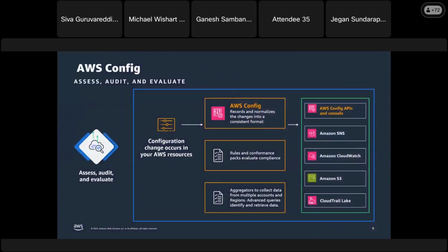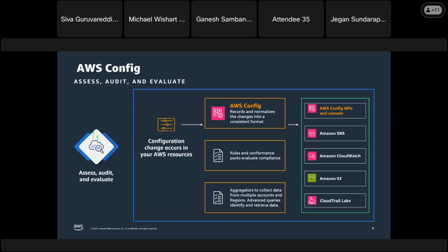AWS Config is a service that records changes in your environment and normalizes and records them in a consistent fashion. It runs in the background and records all AWS resources in your account. It offers a feature called rules and conformance packs.